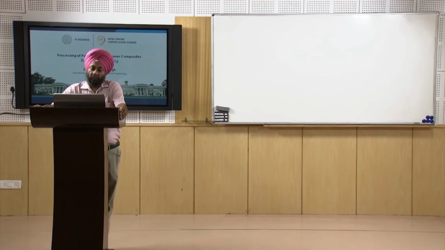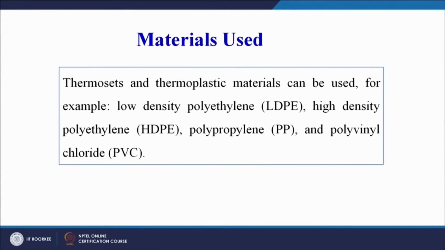Now if you see on your screen, thermosets and thermoplastic materials both can be used for making products using the rotational molding process. For example, low density polyethylene LDPE, HDPE, polypropylene and polyvinyl chloride, that is PVC. So LDPE, HDPE, PVC, PP, all these polymers can be used as raw materials for making products using the rotational